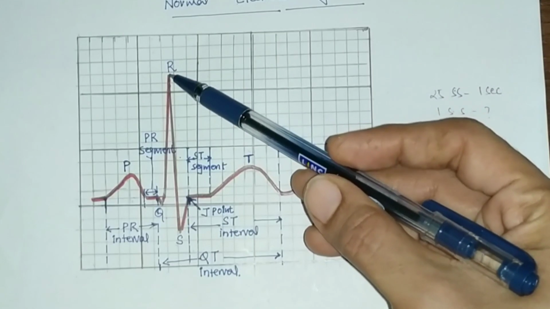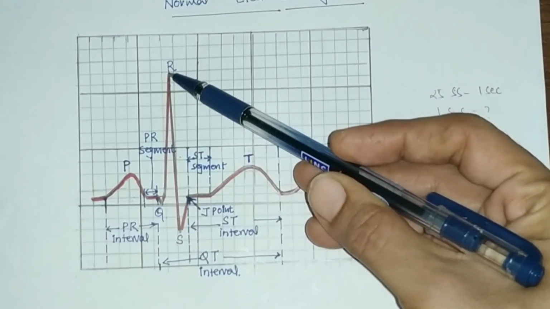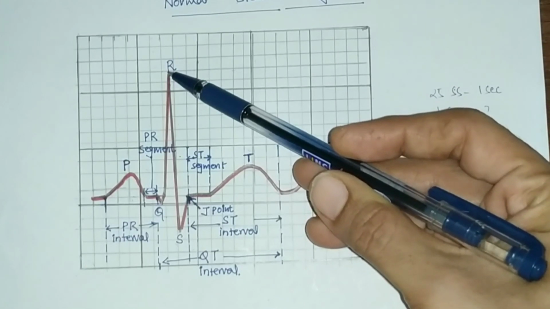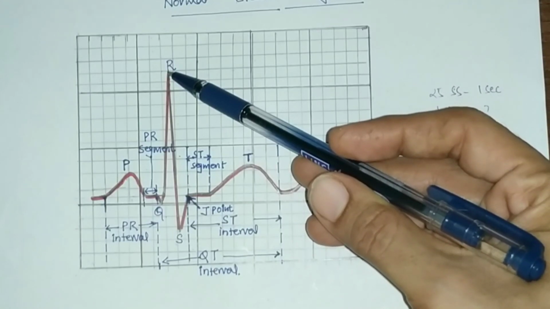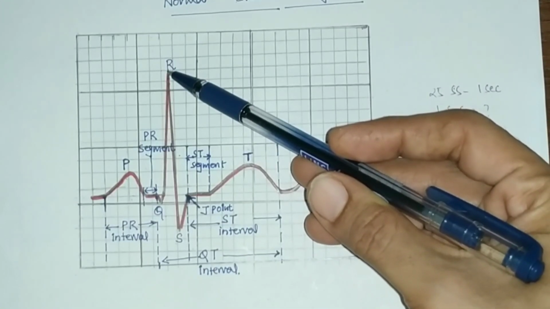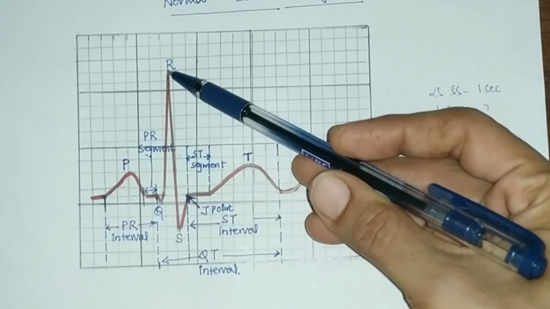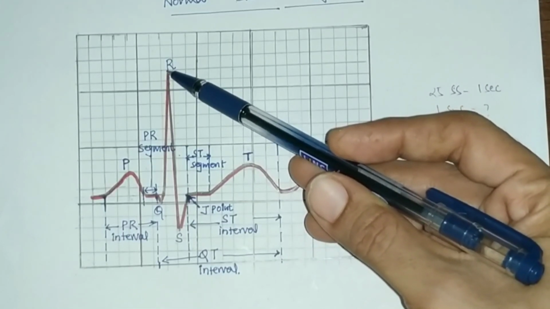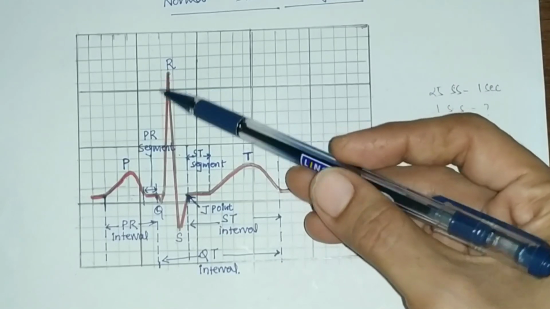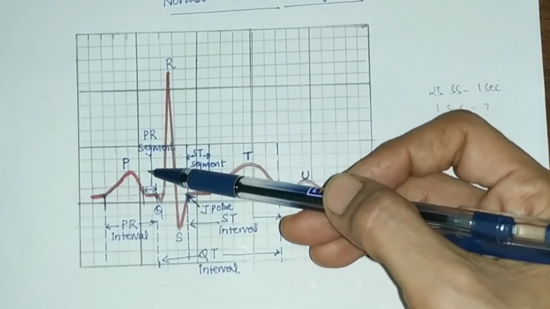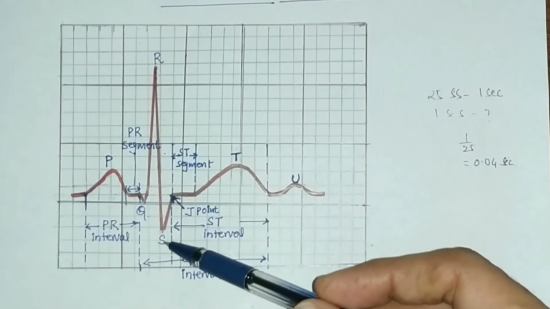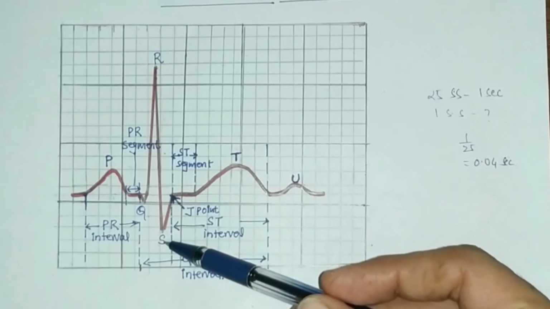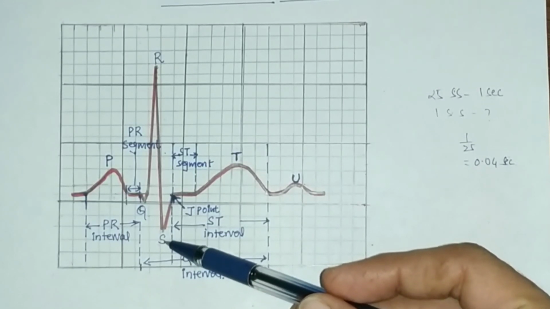Next is R wave. You can see here. It is the prominent pointed positive wave in the ECG. Upstroke of the R wave coincides with the onset of ventricular systole, and R wave represents excitation process which invades both the ventricles. Amplitude of R wave should not be more than 2.5 millivolt, and R wave denotes functional activities of the ventricles. Next is S wave. It is a negative deflection after R wave and it represents excitation of more basal parts of the ventricle.